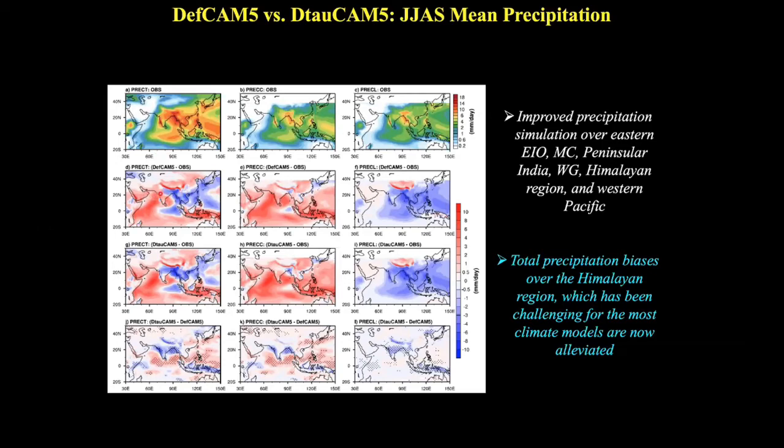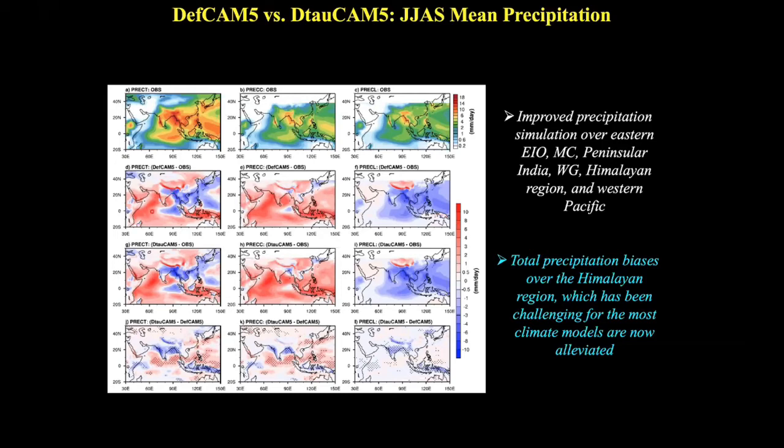That's the default model biases, total, convective, large scale. Third row we have the new one, we call it d tau, that's the dynamic tau. Tau is the convective time scale. So again, total, convective, large scale. And then this is d tau minus default CAM5. So we can see that